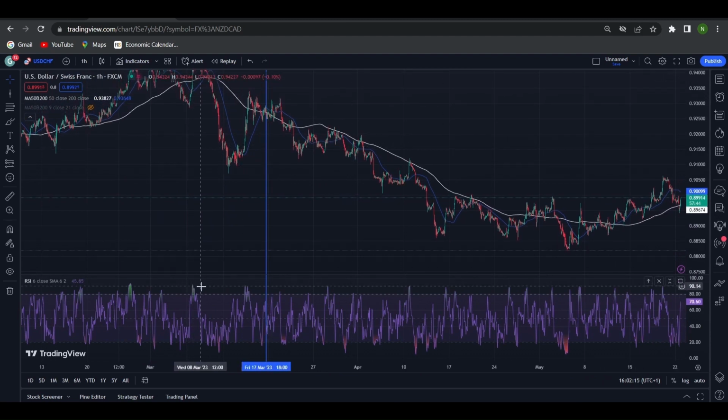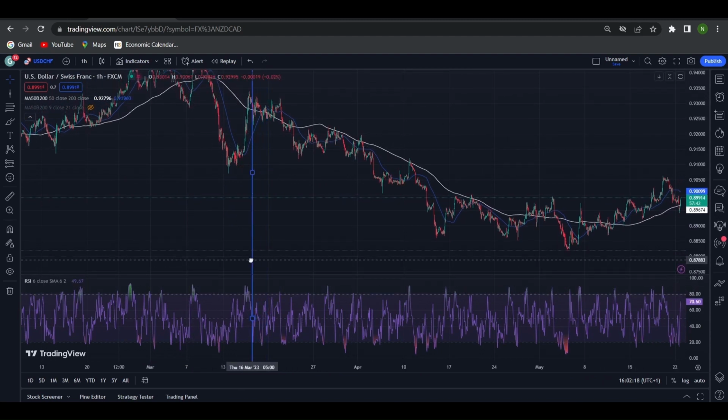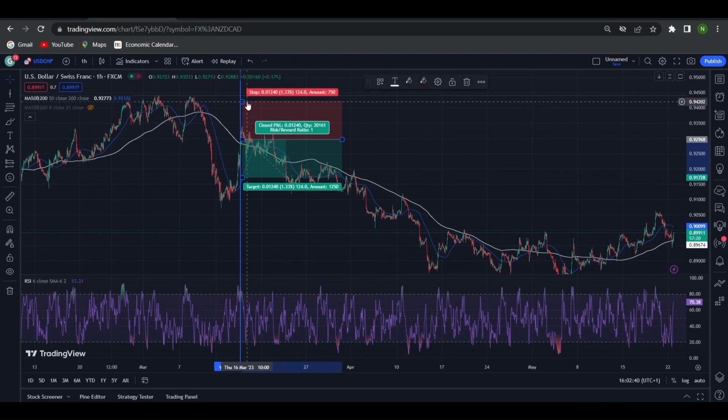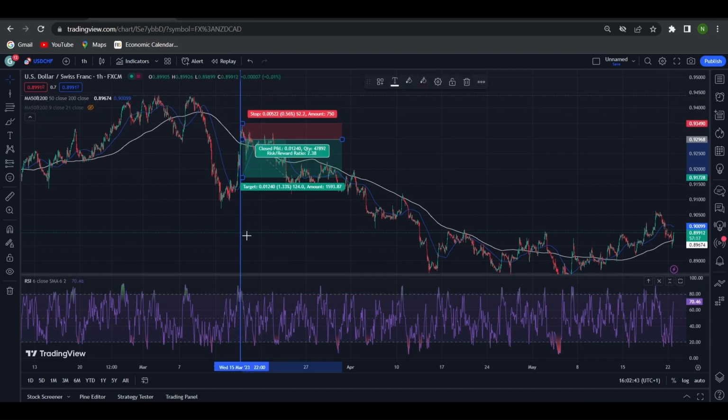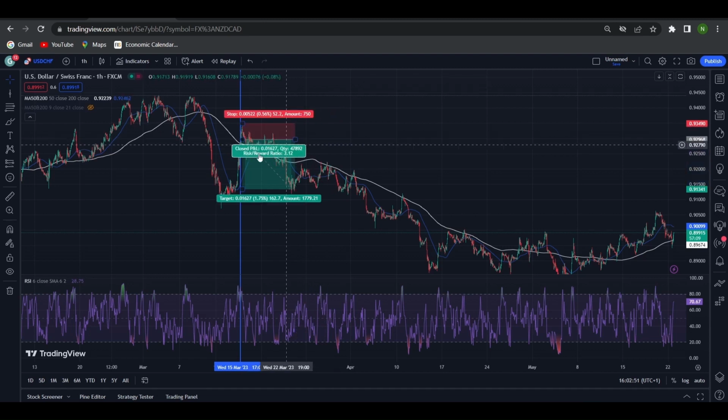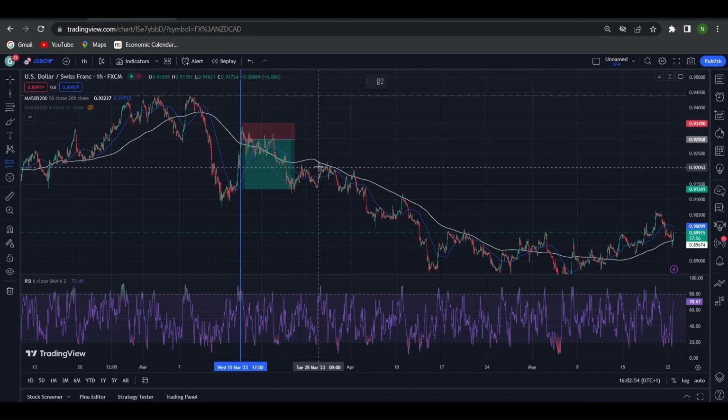If you see on the RSI right here, each time it reaches the overbought area, see how price reacts afterwards, you will see that price moves downwards to where you want it to be. So if you were to place a short position each time the RSI was overbought close to the 200 moving average, you'd have gotten great trades out of it. Just for example's sake, without putting too much thought into it, you can see the overbought area, placing a trade and targeting previous regions. So this would have been one trade that you would have gotten, and next time it reaches the moving average,